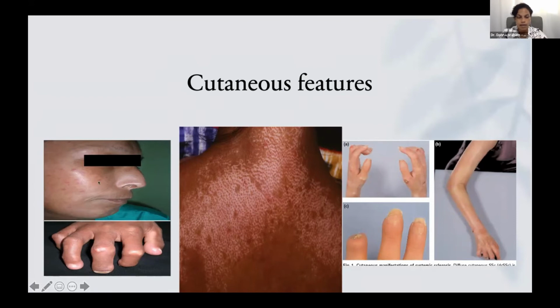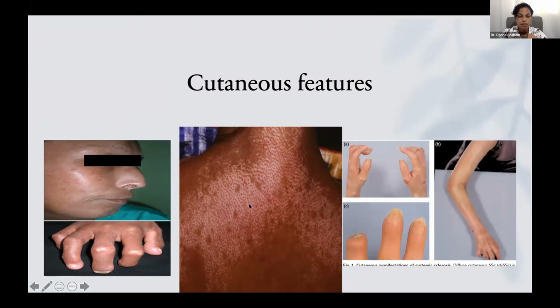They tend to have loss of the wrinkling of the face, and they get this very beak-like appearance to the face. So the nose gets very beak-like. The mouth, you get a microstomia, so it becomes very difficult to open the mouth. May get mat-like telangiectasias, telangiectasias that may occur on the fingers, on the face, on the palms.